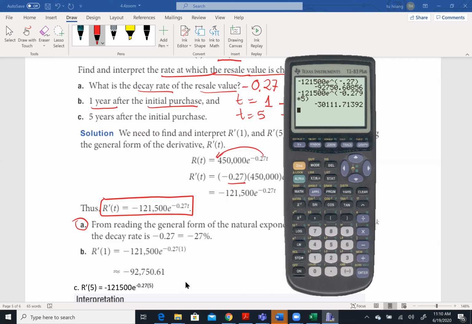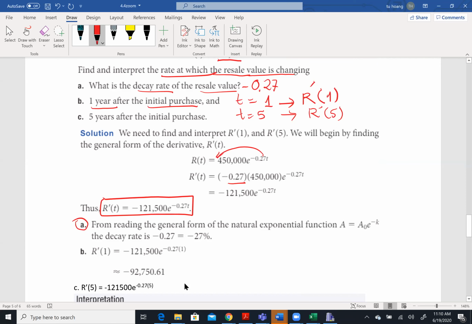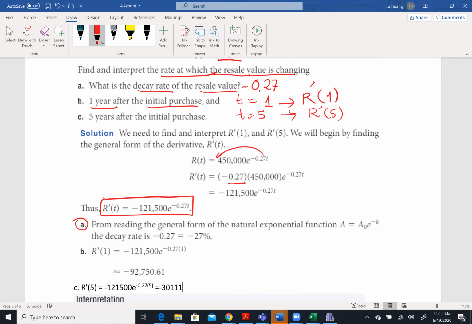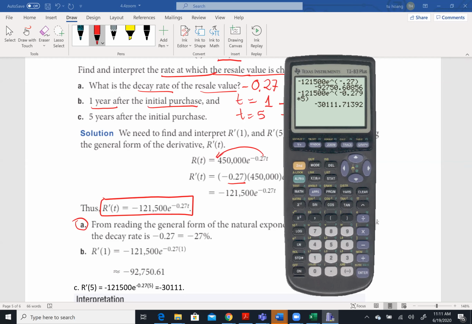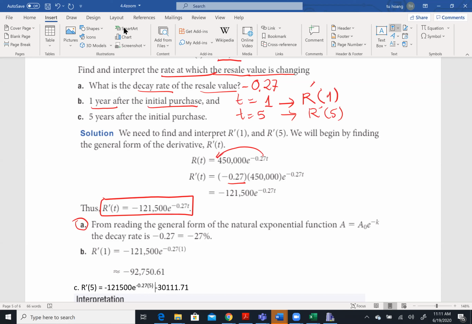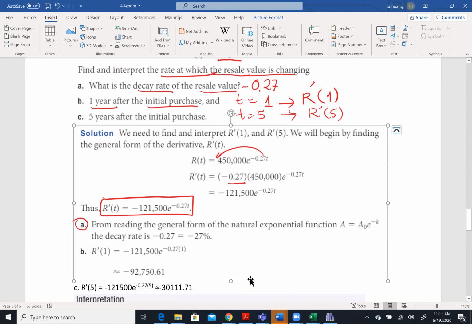Negative 301.71, I forgot the 3, negative 3011.71? And I think I need to put approximate. So, approximate. Okay, so this should be the answer for